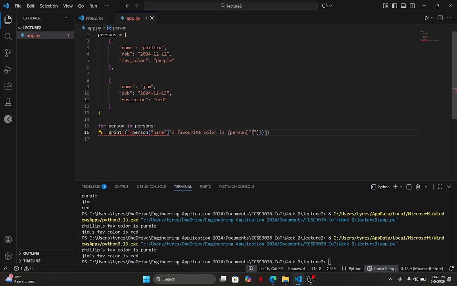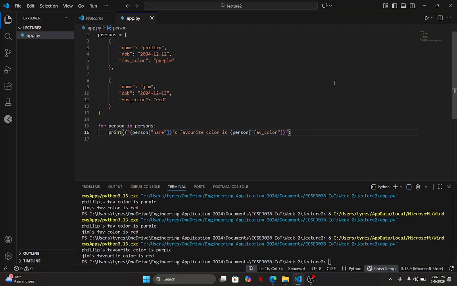What goes here again? Favorite color? Color. Wait, this is broken because I didn't close this. Okay. So I have an F, then I put in my curly brackets the variable or the data. Then I just put the rest of the string, curly brackets, the data. Yeah? So it allows me to write it without the whole heap of plus, plus, plus, plus. And it should give me the same result.